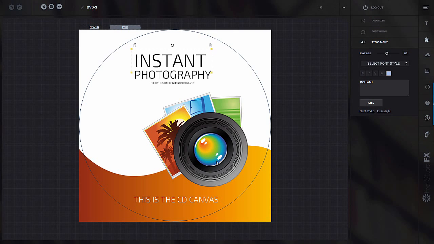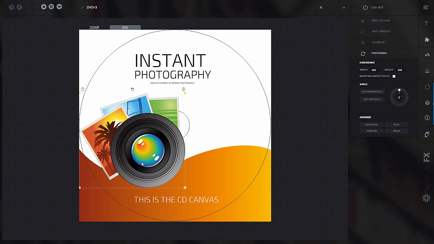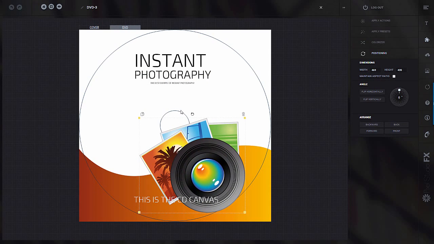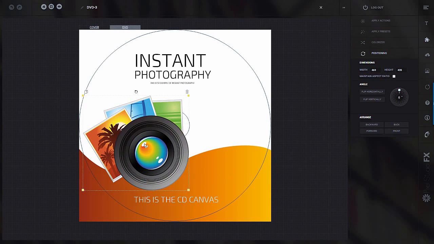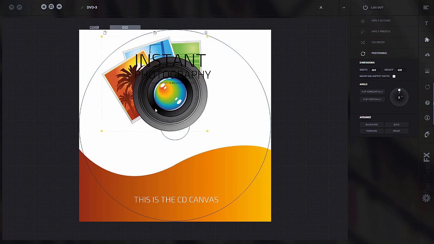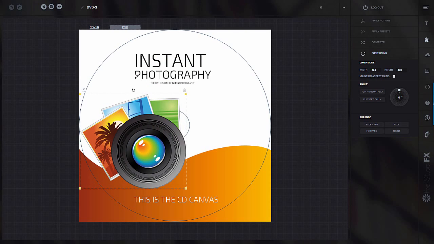You can move this around. Let's move it to the left. You can colorize everything. See that ring there? So they are amazing guides for you to actually use as a tool, so you can work around and you know exactly where to place your objects. Everything inside this CD area is going to show up. So if I click on the preview icon now,